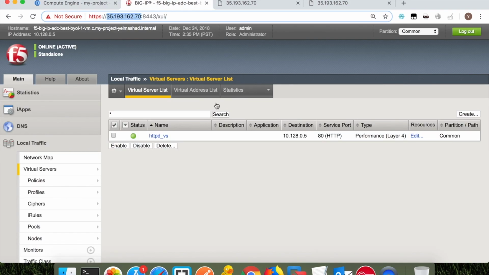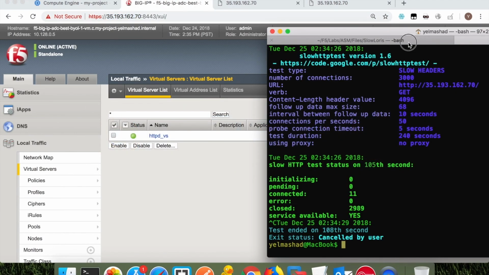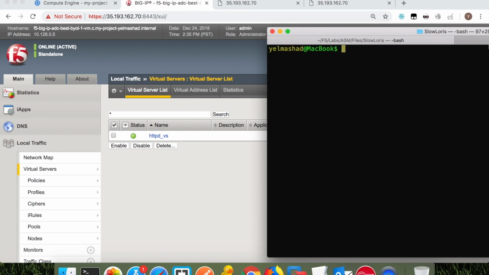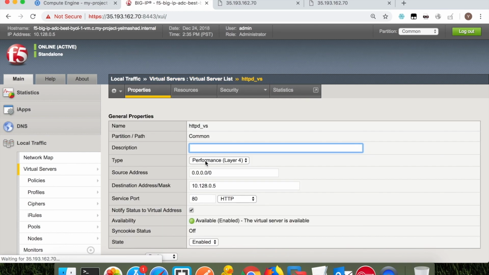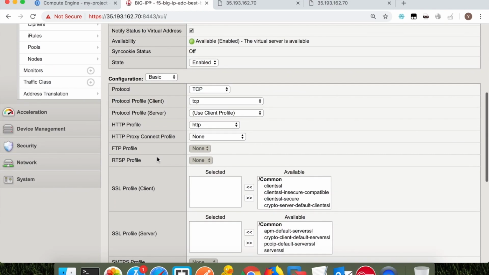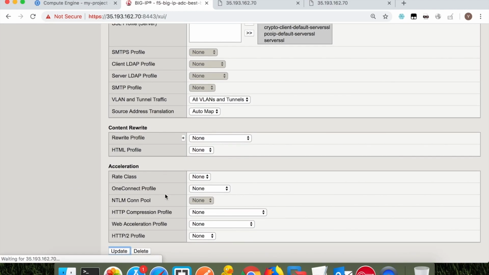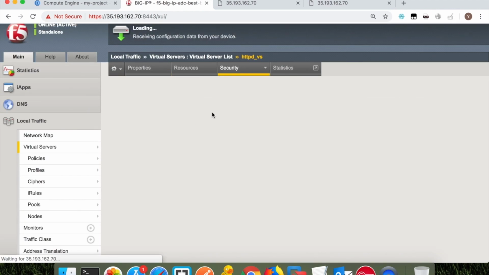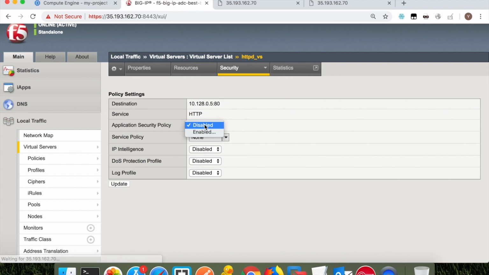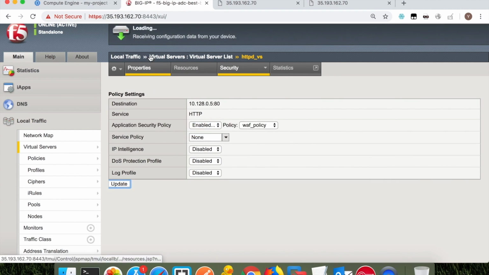So now let me stop the attacks and go apply the F5 security policy on the virtual server. So I'll switch this to a full proxy HTTP, and next I will apply the WAF policy, which is the Web Application Firewall security policy,